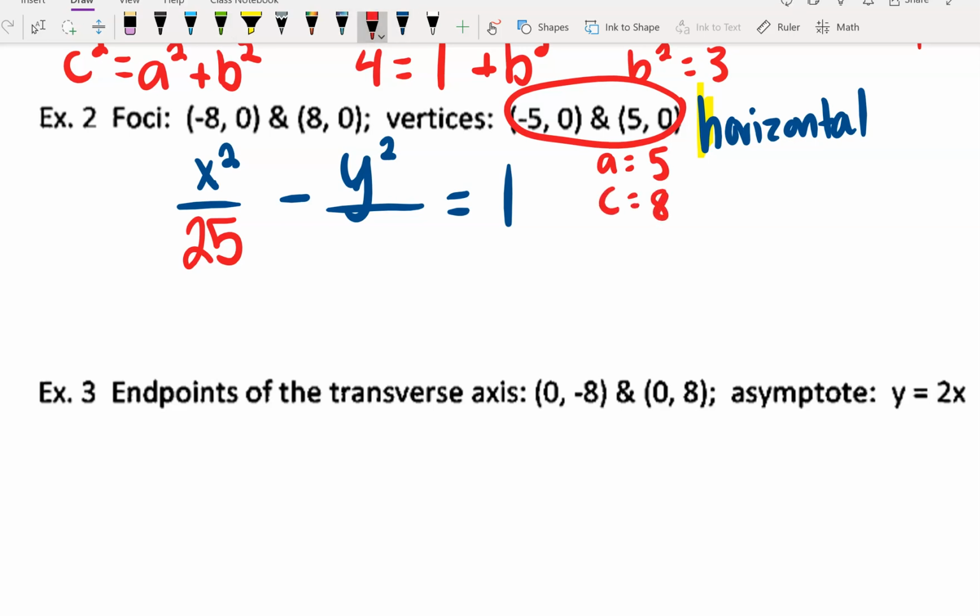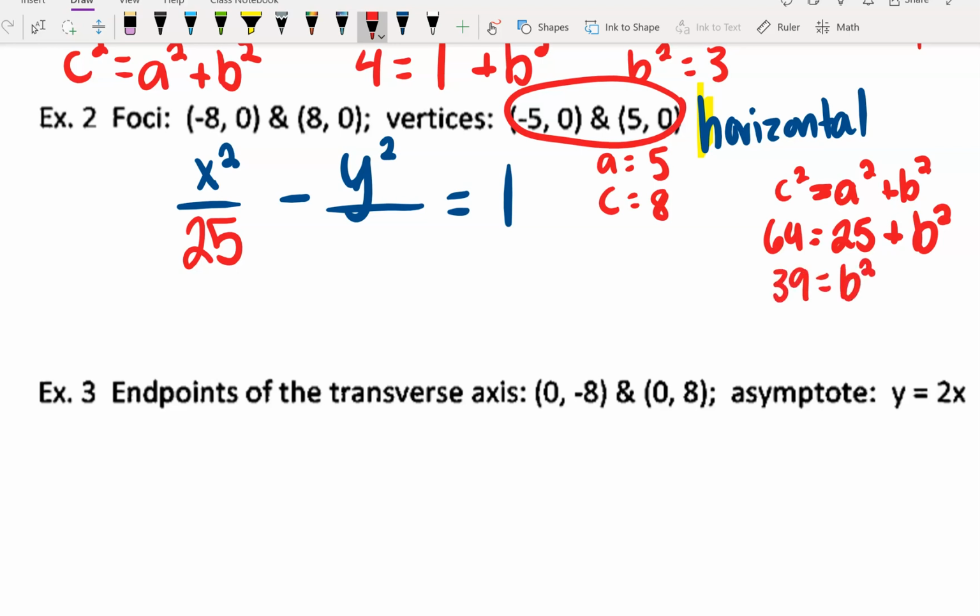So I need to use that information to find the b value. c squared equals a squared plus b squared. So 8 squared, 64, equals 5 squared, 25, plus b squared. Subtract 25, what do we get there? 49? Is that good math? No, 39